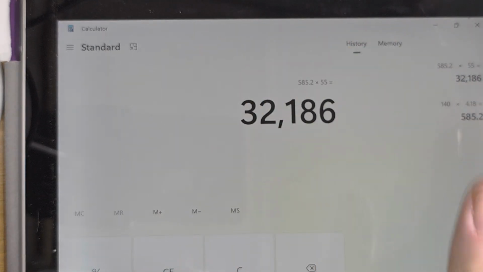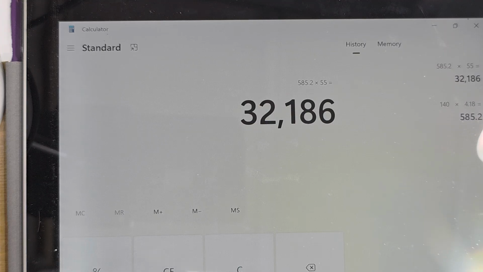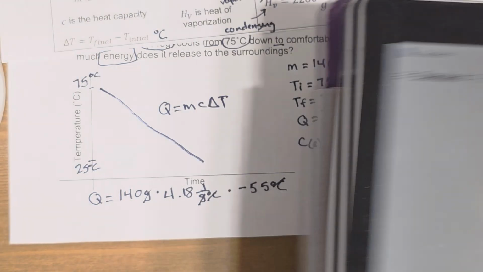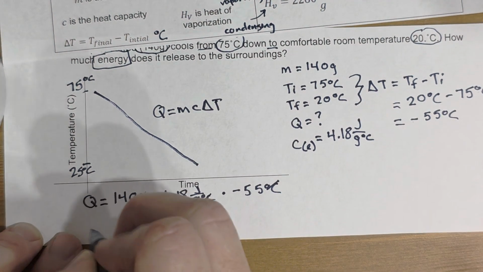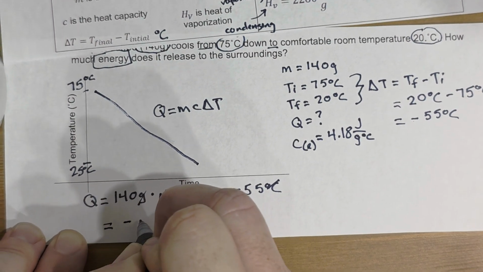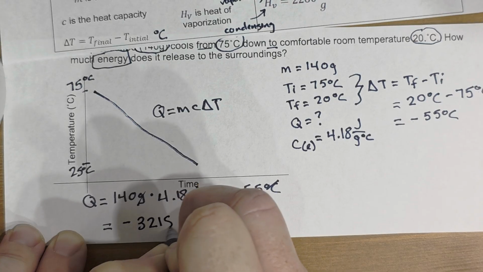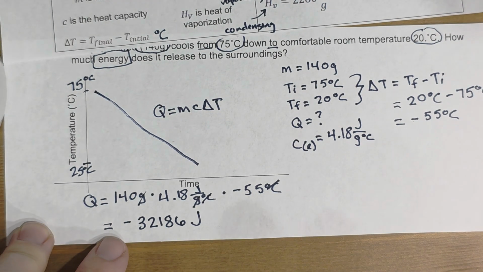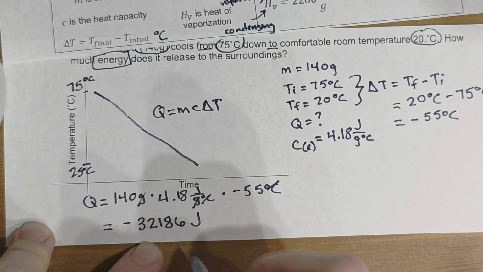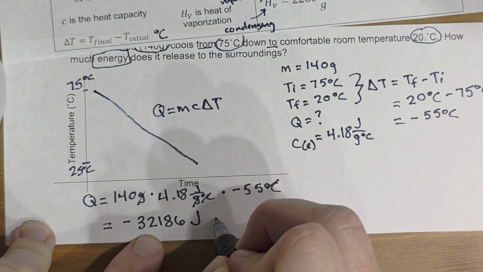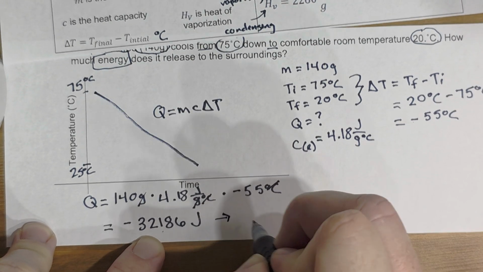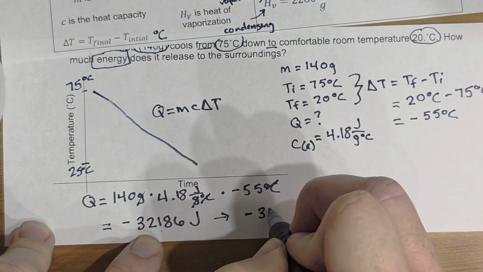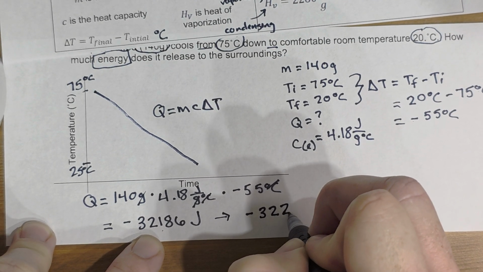That's okay. Since I know that there was a negative in there, this is going to be negative 32,186 joules. And I said above that I want 3 sig figs. This is my 3rd sig fig place. So it ends up being negative 32,200